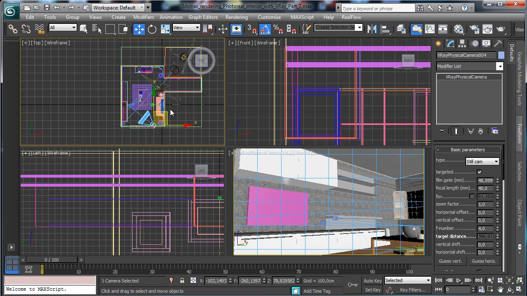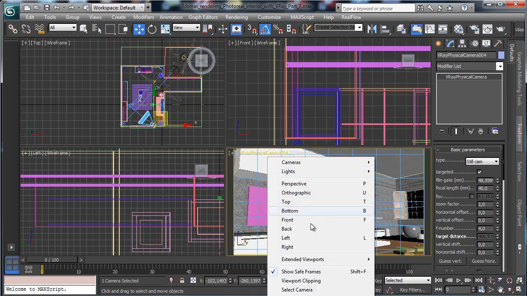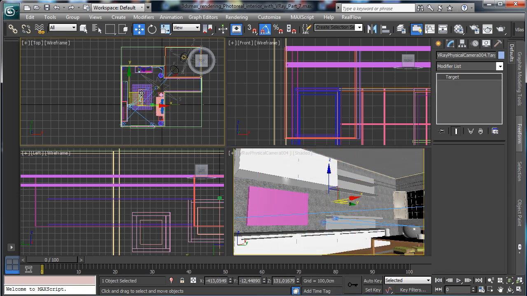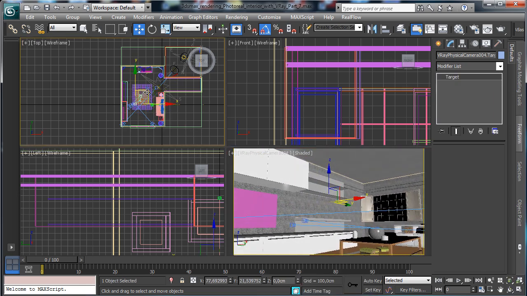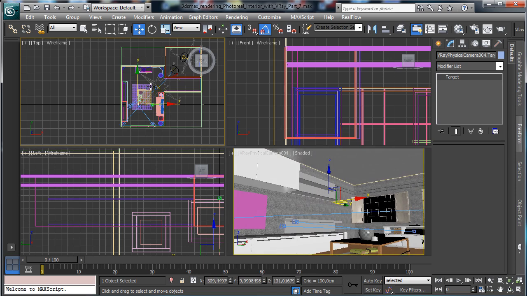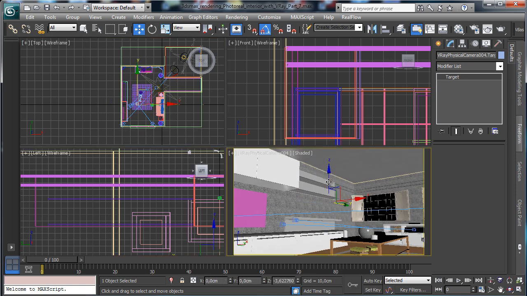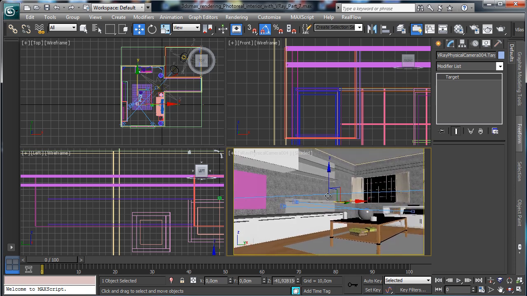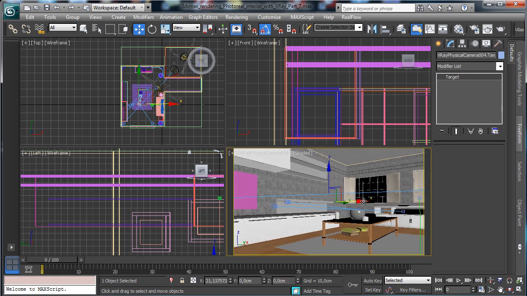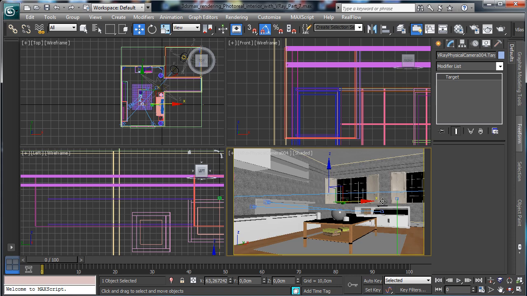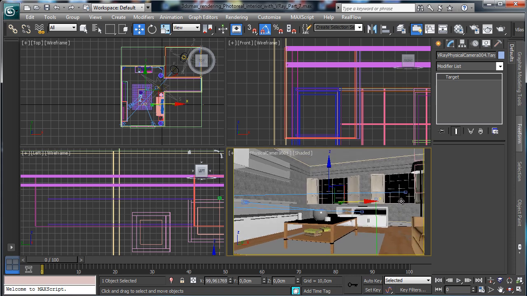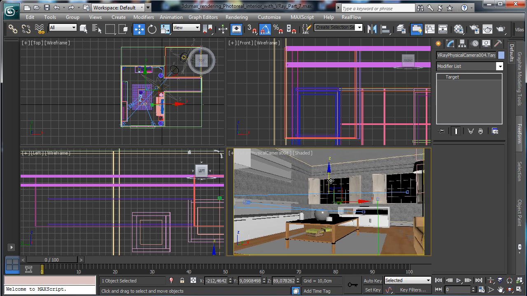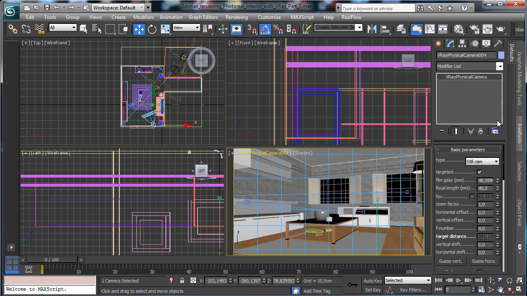We can put the camera there. Let's select the target. Okay. Select back the camera